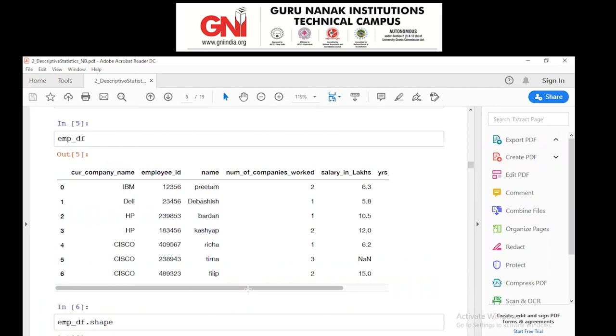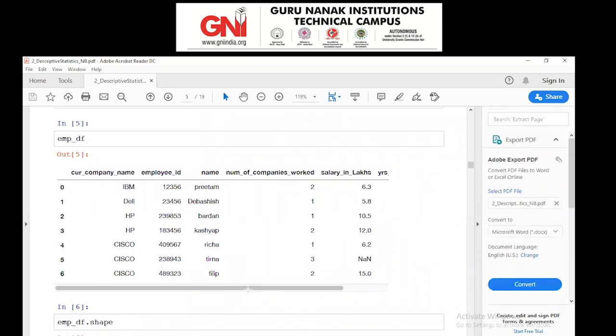What is the data type used for the column wise? Now the size of the data set will be, the total is 1, 2, 3, 4, 5. That is a total of 7 rows and 5 columns. That is called 7 by 5. The shape of the data will be 7 by 5. So in this case,